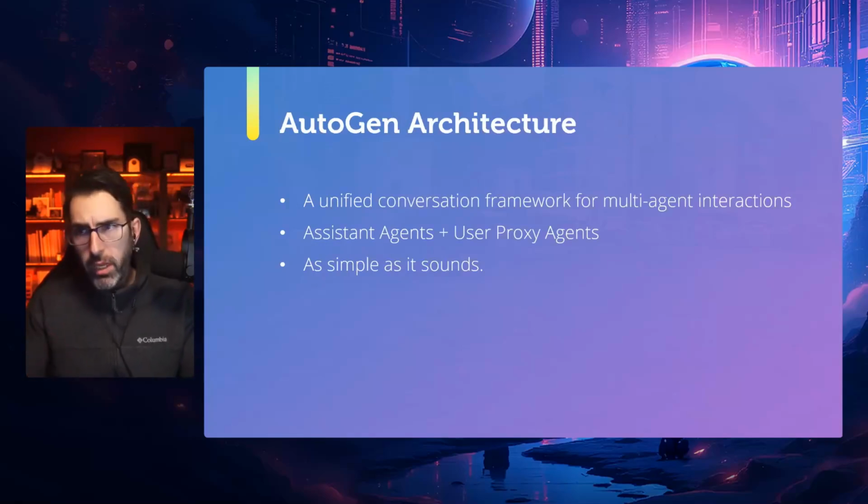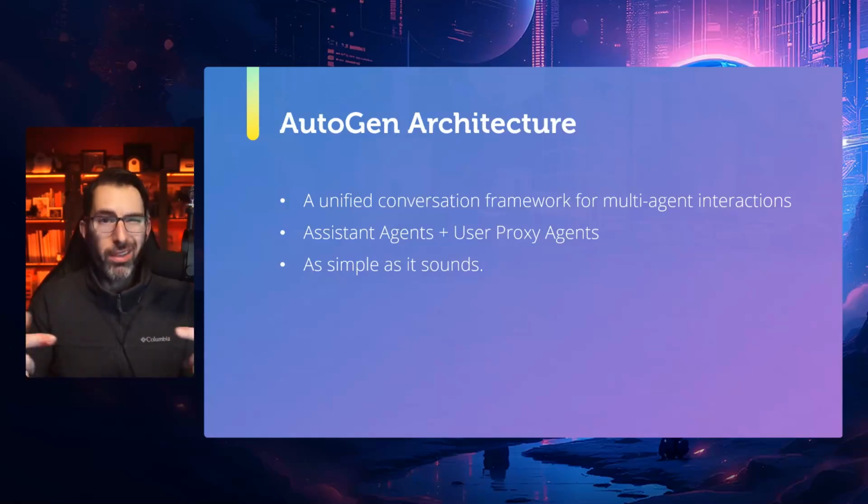Okay. So going into the architecture a little bit more, there are a couple of things we should discuss here as well. The architecture of AutoGen provides a unified conversation framework for multi-agent interactions. So that's how collaboration goes through. Agents in AutoGen are conversable, right? They send and receive messages to other agents, and customizable, which means they integrate with various LLMs, tools, or